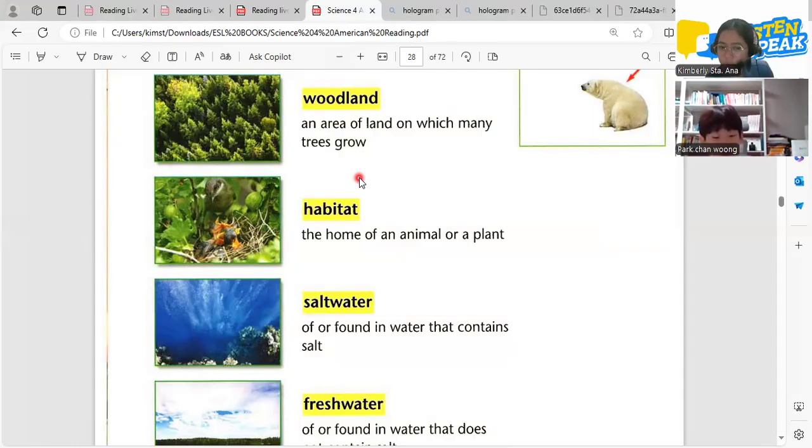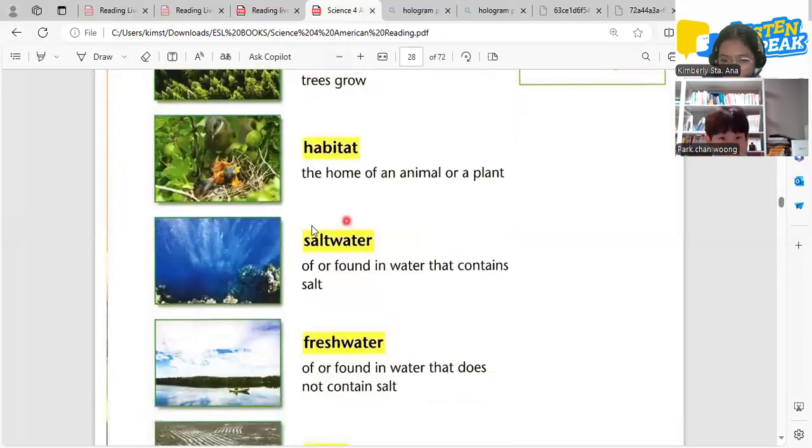And other living things have different habitats. Like this bird, the bird's habitat is on top of the tree. They make a nest there. So different animals, different plants, they have different habitats.